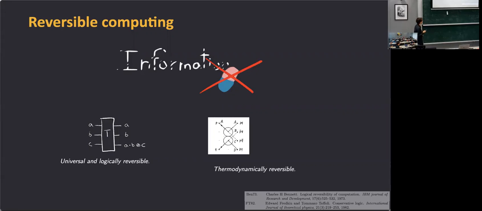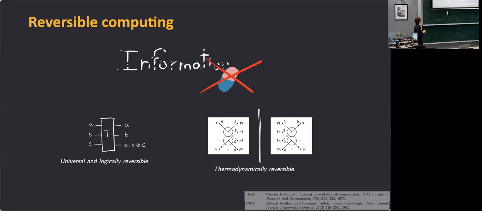And another thing that was proven by Toffoli and Fredkin is that in theory, it's possible to make a computer that, if it is doing some logically reversible computation, so reversible computing, can do it in a way that is thermodynamically reversible, meaning that it has arbitrarily low energy cost, which is in the same spirit as opening the door of the daemon and closing it. We need some energy to move the system, but it can be arbitrarily low.